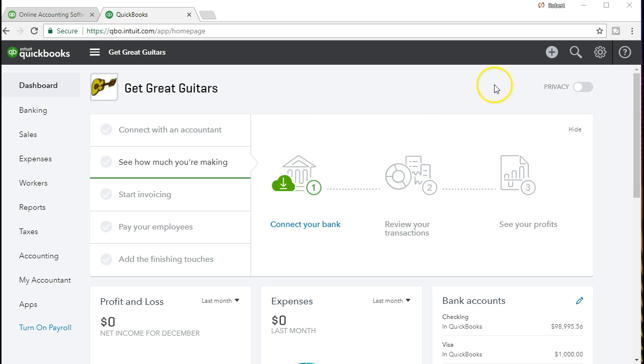One is to use the QuickBooks Online help option here to search for items that we can get help with. The other is to look for options that are outside of QuickBooks. If we want to get help directly from QuickBooks, directly from Intuit, we would typically have to pay for that extra support. However, because QuickBooks is used by so many people, because it's one of the most used softwares, there